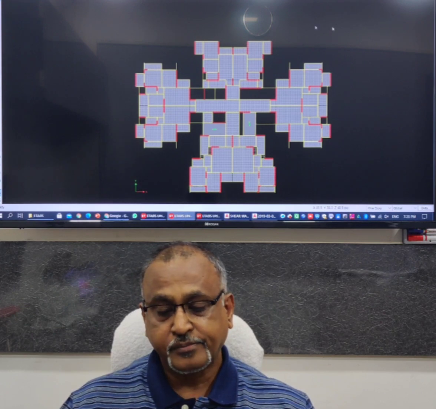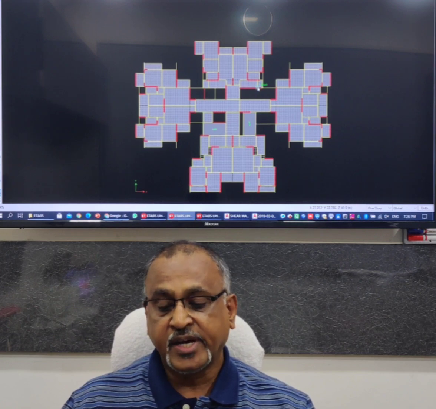Now either I can add stiffnesses somewhere here, or I can reduce stiffnesses here, or I need to make this structure torsionally too stiff. Now if I look at here, I see all these walls in X direction seem to be very efficiently placed. They are not very small and they are efficiently utilized. So there is no chance to reduce the stiffness from here. If I want to add stiffness here, there are a number of architectural constraints and all that which do not allow me to add stiffness.